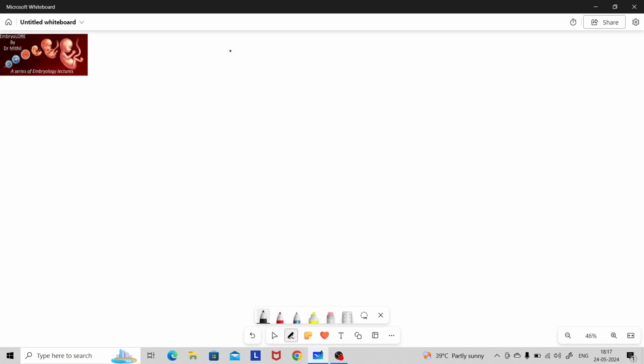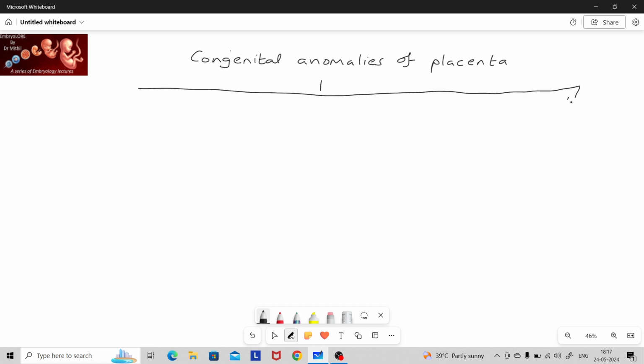Congenital anomalies of the placenta are grouped into three types actually. For an easy way of learning, the congenital anomalies are classified into three types. Due to the abnormal adherence,